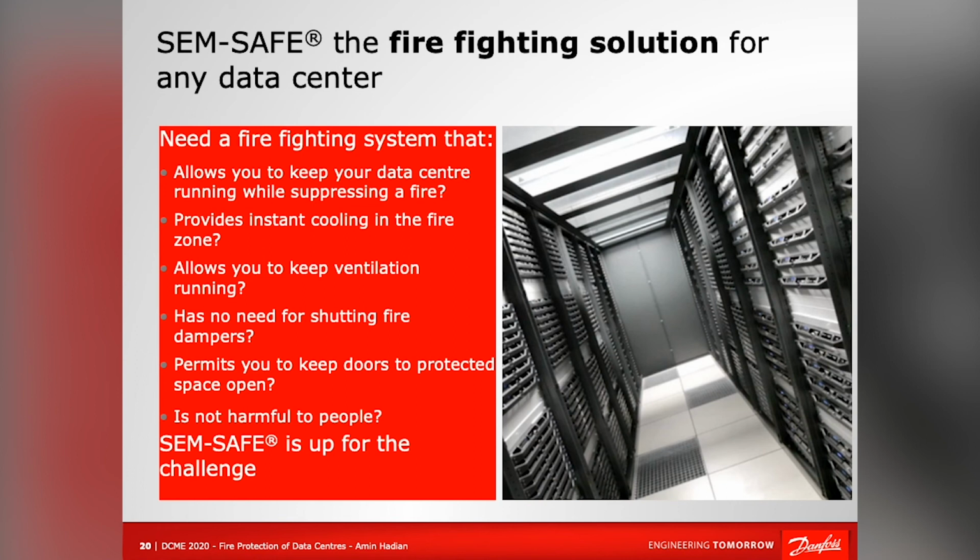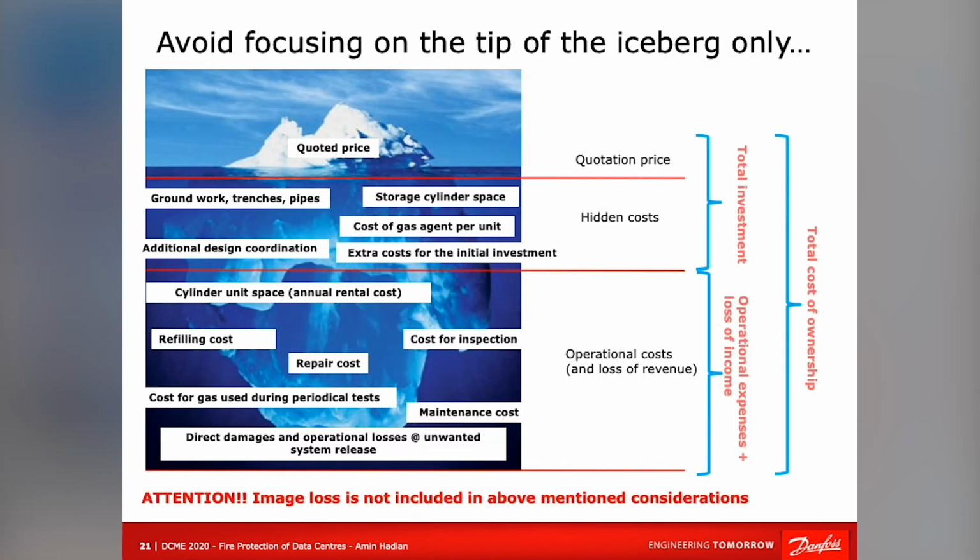And finally, a clear message to those people who just compare the prices of two different extinguishing systems with each other: the quoted price does not comprise all of your costs and does not cover all your risks. The total cost of ownership always comprises, on the one hand, the total investment, which is the material, supply, installation and handover, and the other part is the operational expenses, the periodical costs that you will have. Compared to the gas extinguishing system, you have to refill the cylinders after a certain time. You have to allocate those cylinders somewhere as main system and reserve system. You have the costs for the repairs and so on, the inspection costs, the maintenance costs,